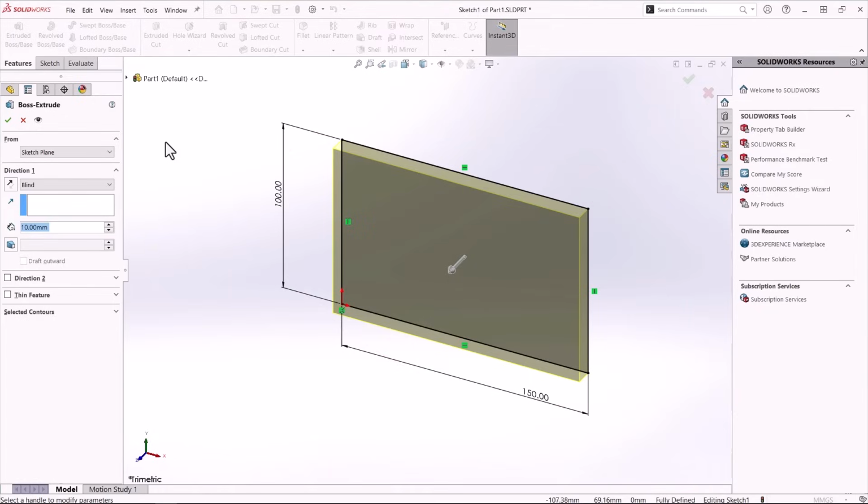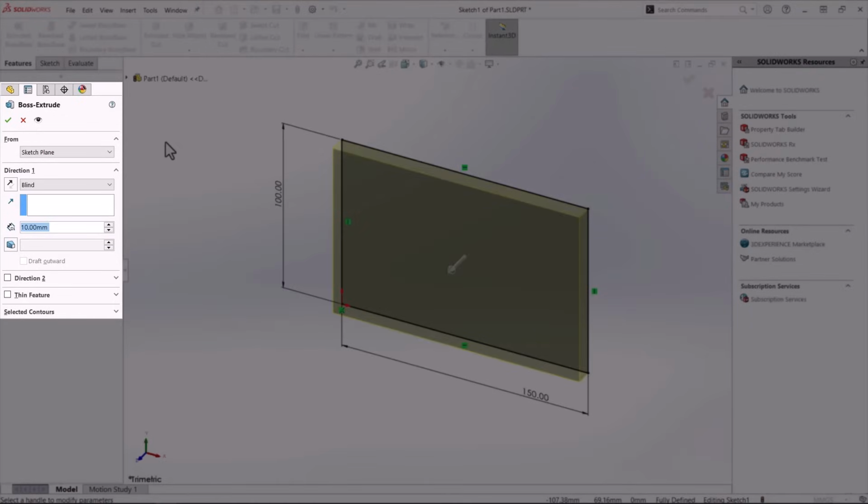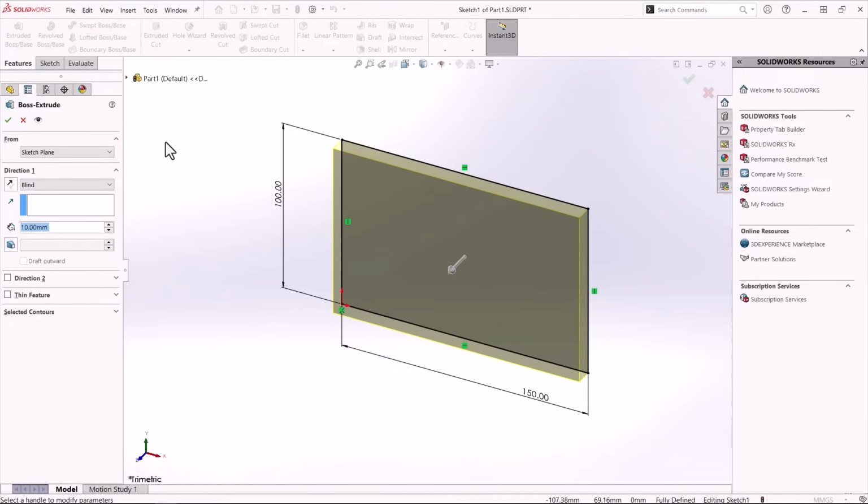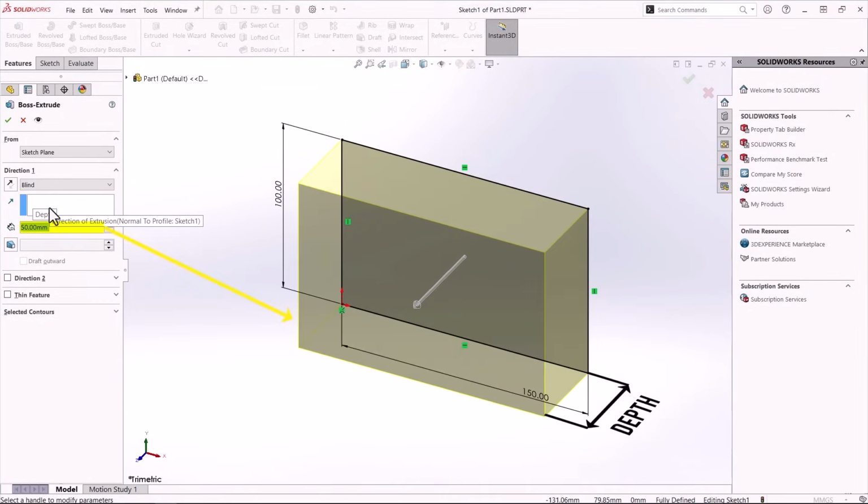As you've already noticed, the Property Manager appears once we initiate the command. There are many options available, but for now, let's focus on using Direction 1 for extrusions. So, from the Property Manager, we can control the depth of the extrusion. For example, I can change the depth from the default 10 mm to 50 mm.